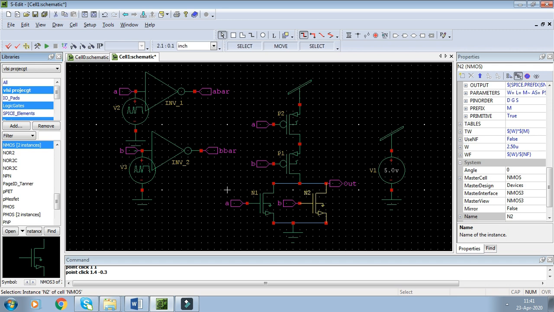Once you design this circuit, you just have to adopt the same procedure that I already told you in my previous videos. If you have never watched the analyses that I did before, that is transient analysis, AC analysis, and the DC analysis, I'll advise you to go and watch that video and follow the steps mentioned there.